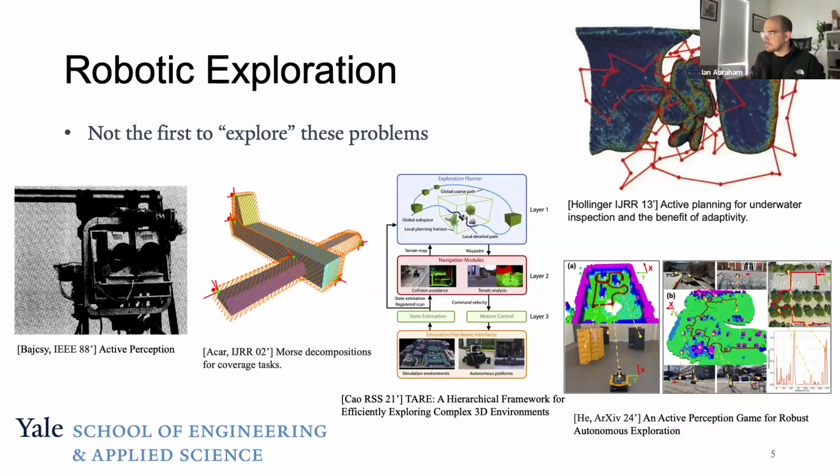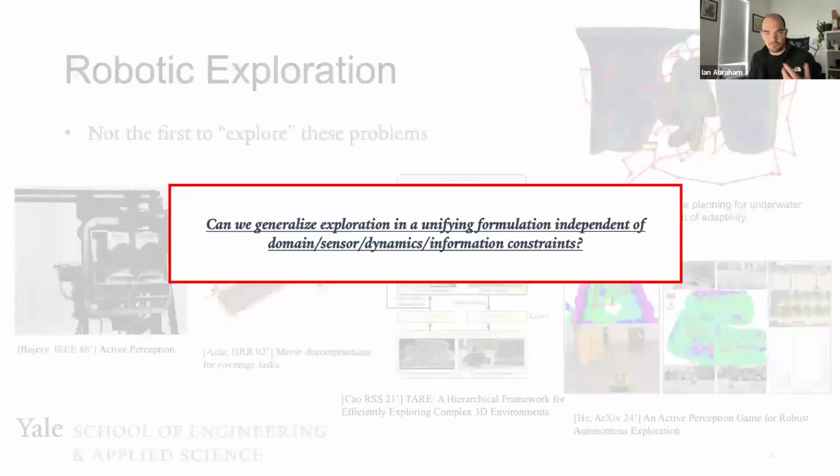explore to that. And then more recently, we've had work on information-based planning, specifically by Hollinger et al., where they were looking at more information theoretic ways, so sensor-driven ways to establish active planning and exploration in order to do things like underwater inspection. And then more recently, some good work out of Vijay Kumar's group is doing active perception via robust exploration. So there's a lot of work in this area, but the thing that sort of drew the